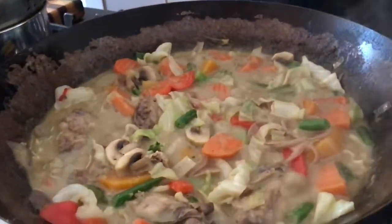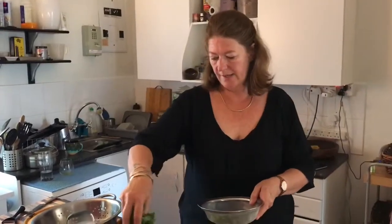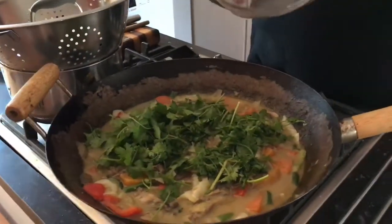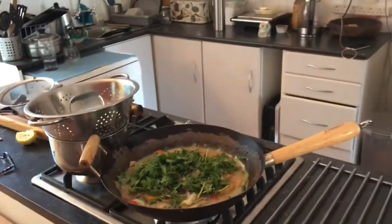Once I do, I will be putting all this lovely coriander on the top. In goes the coriander. And it won't really keep because it's been in the fridge for a couple of days, so I'm just going to use it all. And then I'm going to grab